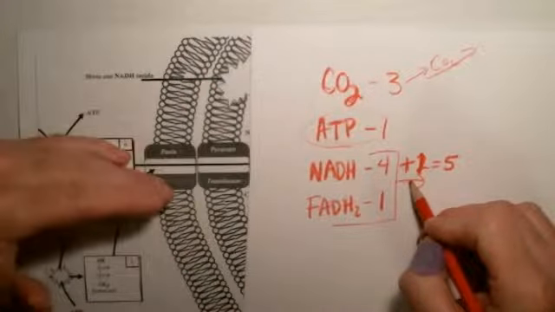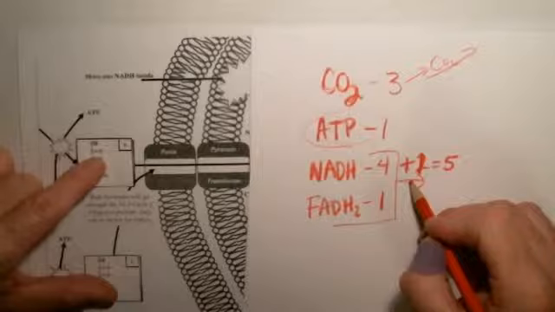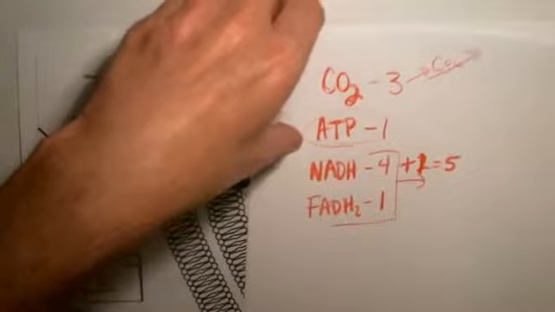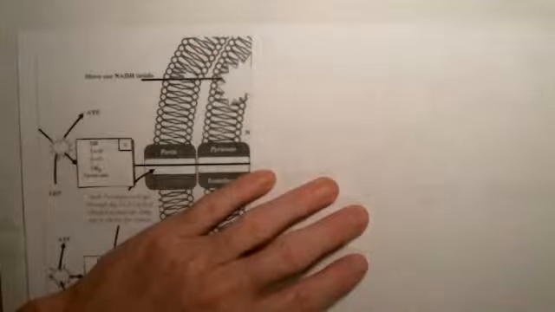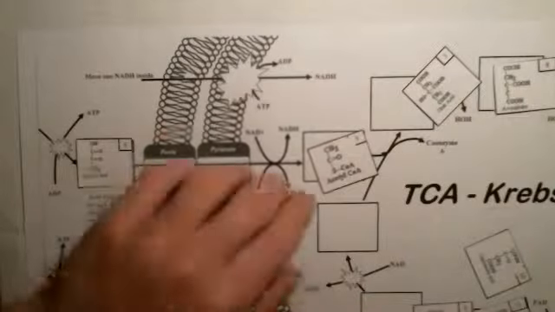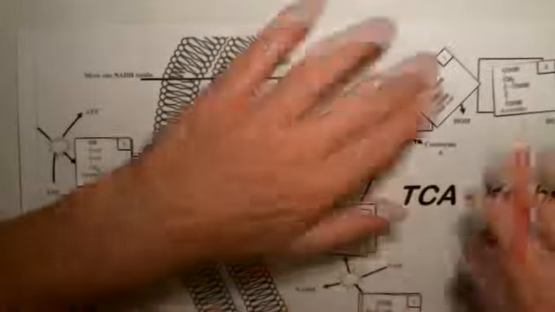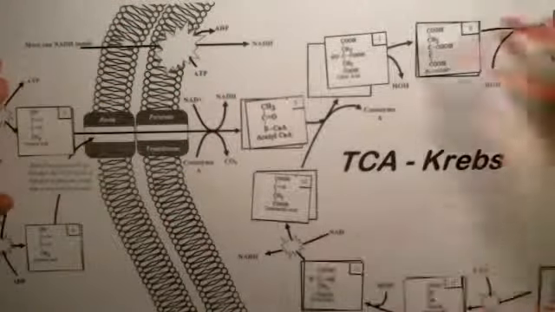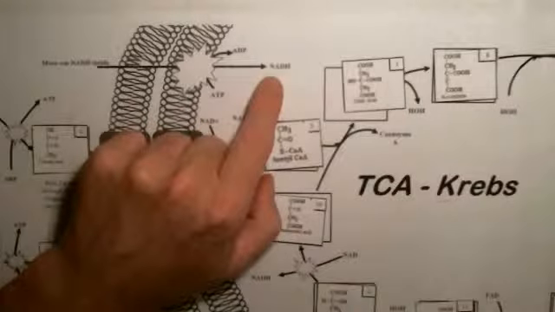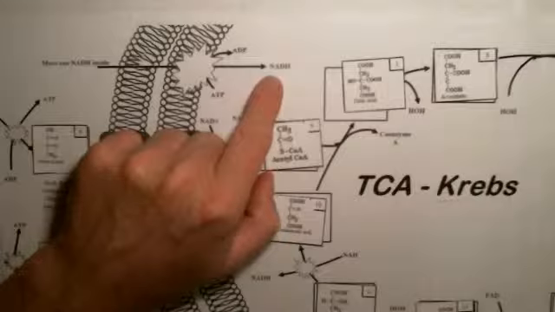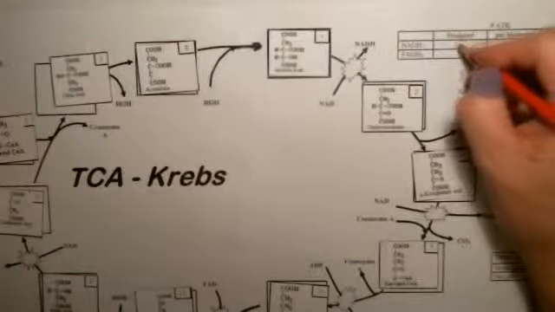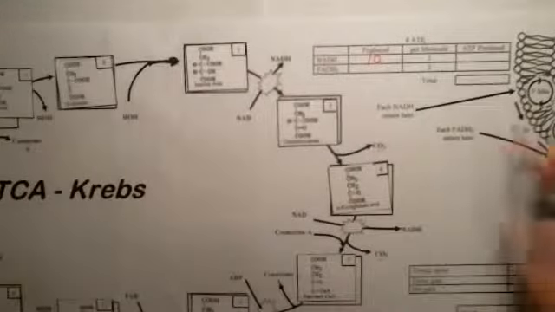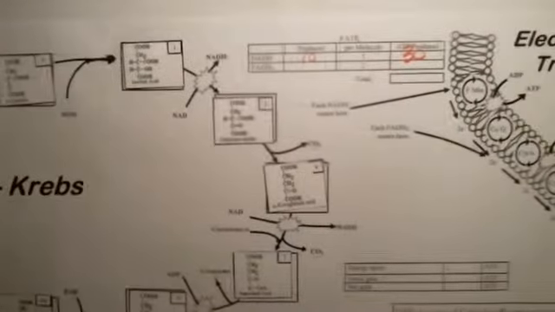But remember that with glucose, 2 pyruvate molecules are made. And so the Krebs cycle has to go around 2 times. So we're going to get 2 turns of the Krebs cycle. Put these molecules back where they belong. 2 turns of this Krebs cycle here. So that means 4, 8, and we're going to have 2 NADHs come through. So we're going to get a total of 10 NADHs being produced. A total of 10 NADHs, which gives us a total of 30 ATP being produced in the electron transport chain